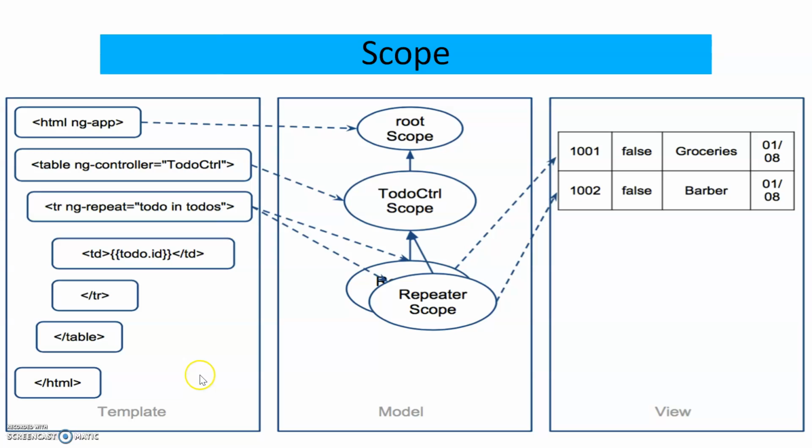Fine. So from this template, how will the scope be maintained in AngularJS? For the HTML, whatever is in ng-app will carry the root scope. The values in this scope will be referred to by the whole HTML document, the whole view. Then the table controller has its own scope for that table. Repeat will have its own scope. The scopes will be there, and according to those scopes you will get the contents in the view. So this is the template. This will be the picture of the model which will hold different data with different variables in different scopes, and the presentation, that is the view, will be done like this.